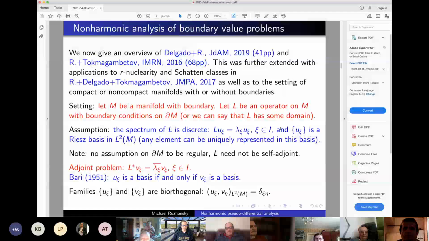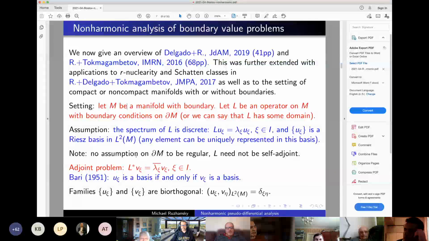And the condition is that, because we don't assume L to be self-adjoint or symmetric, u_ξ doesn't have to be orthonormal, but we assume that it's a Riesz basis, which means that any element of L2 can be uniquely represented in this basis. But the basis doesn't have to be orthonormal. And I want to note that there is no assumption on the boundary to be regular, and no assumption on L to be self-adjoint. And so already when we consider this general setting, we can say a couple of things,